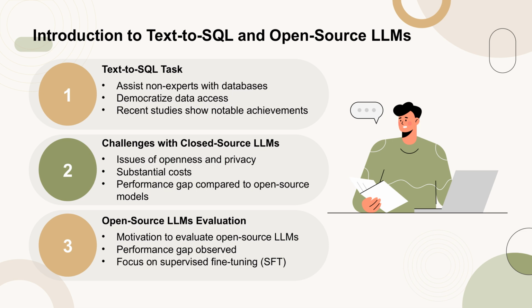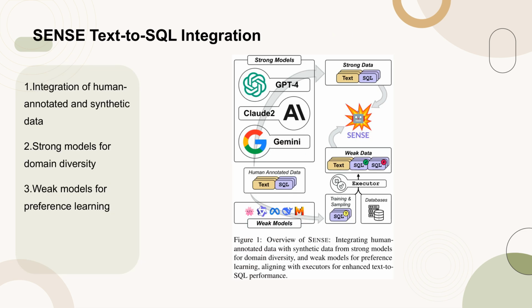capabilities. Figure 1 provides an overview of the Sense framework, which integrates human-annotated data with synthetic data generated by strong models to enhance domain diversity, and weak models for preference learning. This integration is aligned with executors to improve text-to-SQL performance. The figure highlights the importance of diverse data sources and the role of preference learning in refining the model's SQL